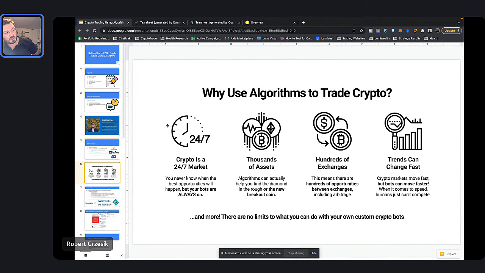Like, for example, when this whole thing happened with Russia and Ukraine, the crypto markets just tanked. There's like a 20% drop in the markets. It happened really, really fast. Maybe within 2 hours, we were down like 20%. If you were asleep, you would have totally missed that, right? And you probably were, because it was something at like 2 o'clock in the morning on the East Coast, right? Sometimes things even happen later, right? And things progressed over, I remember staying up pretty late watching that because it's just crazy watching the markets react to it.